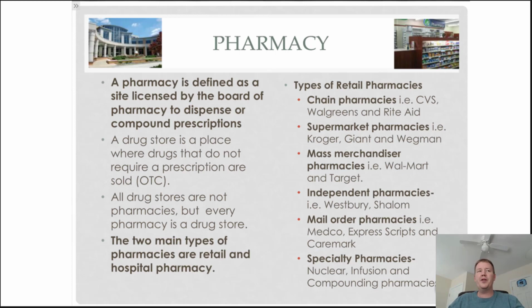A lot of times, these mail order pharmacies are in cahoots or affiliated with pharmacy benefit managers. So, like Express Scripts and Medco and Caremark all have their own mail order pharmacies. It's a way to reduce costs for the pharmacy benefit manager. Oftentimes, the benefit to the patient is that they can receive a 90-day supply for maybe the price of a 2-month supply. A little bit more accessible to the patient are chain pharmacies, supermarket pharmacies, what's known as mass merchandiser